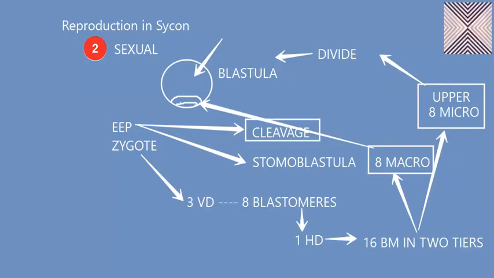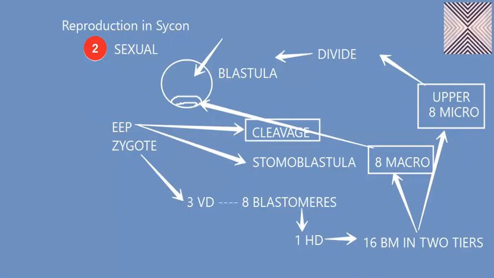So 95% of the body of the blastula is made up of micromeres, but we have only 8 macromeres on the rim of the mouth. So this is the first stage, which is called the blastula stage,